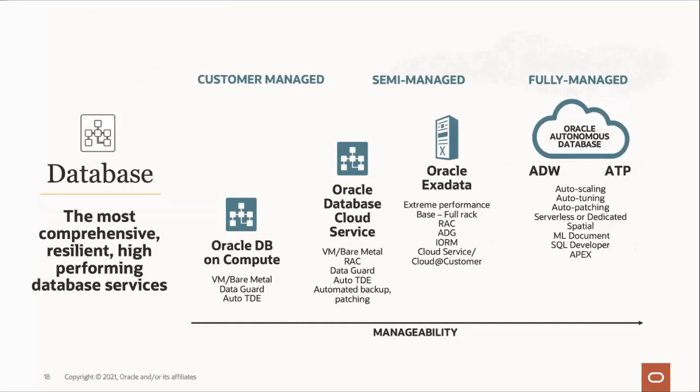So these are all different options that you can use on Oracle Cloud, but depending on how much management you want as the customer or how much management you want Oracle to take on, you can decide on these different options. Like we mentioned before, you can always provision a compute instance and then run Oracle database on it. You can also take advantage of our database as a service or database cloud service. This is where you'd be able to provision different VM or bare metal databases. And then we also have Oracle Exadata, either Exadata Cloud at Customer or Exadata Cloud Service. This is our extreme performance based